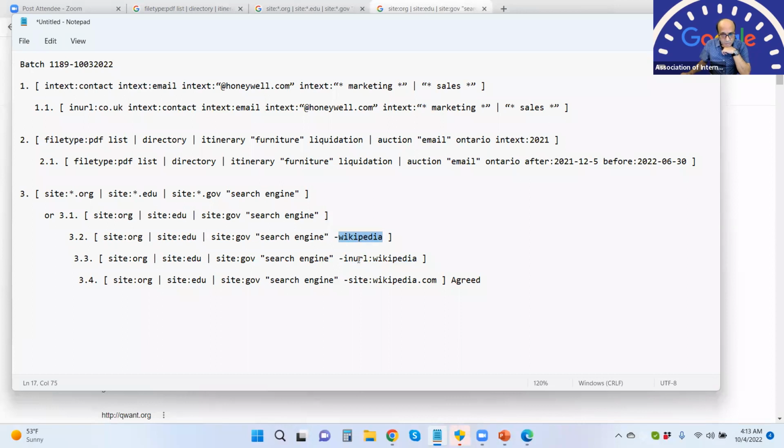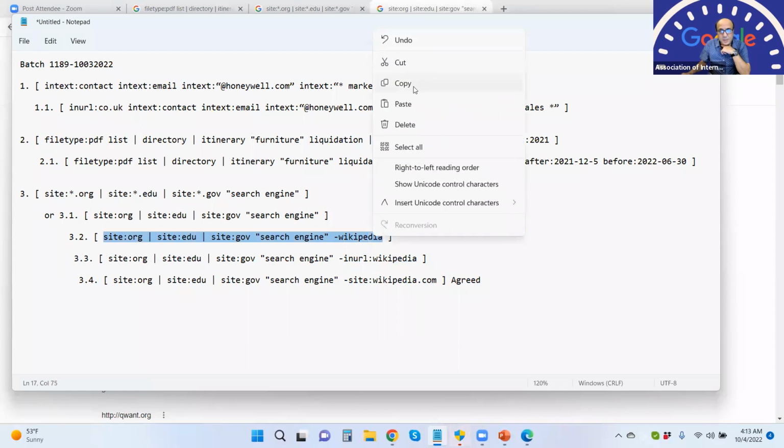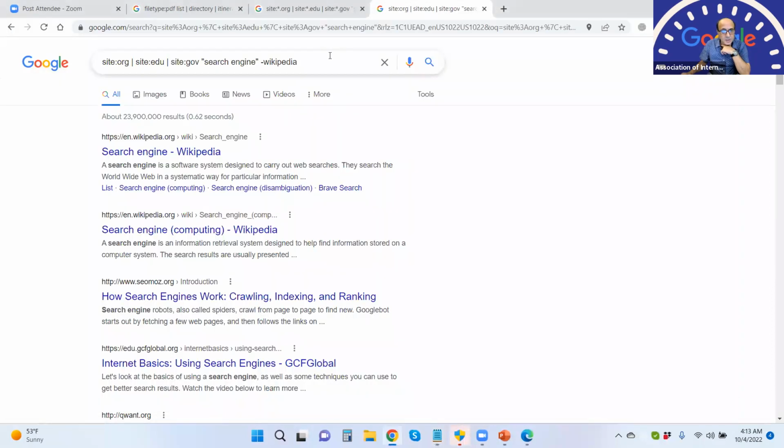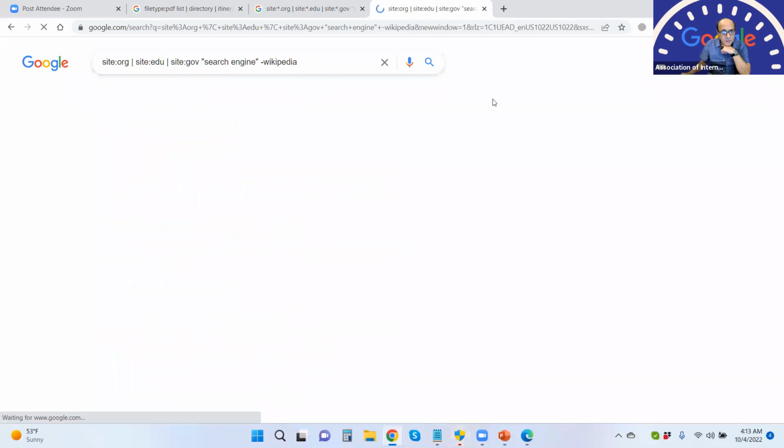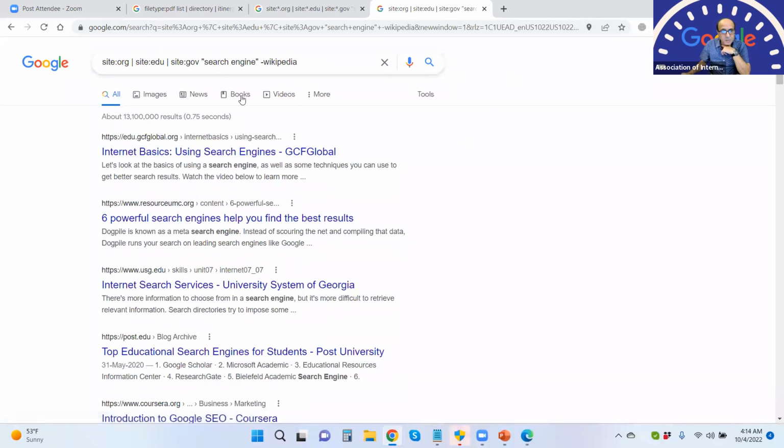So when I have to ensure that it does not show up from the site at all, or those sites should not appear, I'll use site colon Wikipedia. So if I run all three of these queries, there should be a slight difference in the number of search results. If I do, and this is okay, this is there already. So let me try this. If I do it this way, I get 13,100,000 results. If I try it with